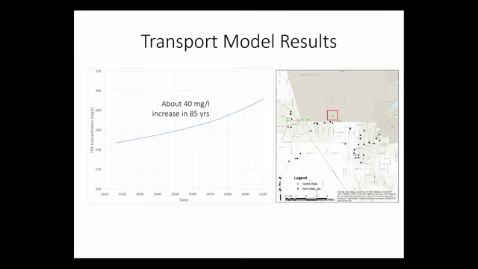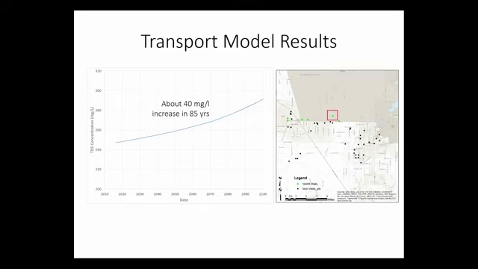and the graph on the left-hand side is the time running forward in the model from the present day through that 85-year period, and then on the vertical axis is the salinity. So you can see that the salinity is increasing, but in a very minor amount in that 85 years. There's an increase of about 40 milligrams per liter that's predicted, which would not be of any significance in terms of the use. The other thing that's notable is that the starting point for the salinity of that water is in the 200s. I can't see the exact number, but it's quite good to begin with,